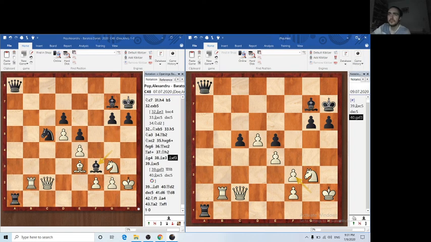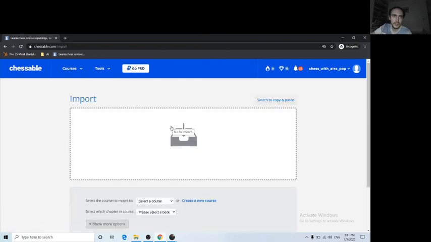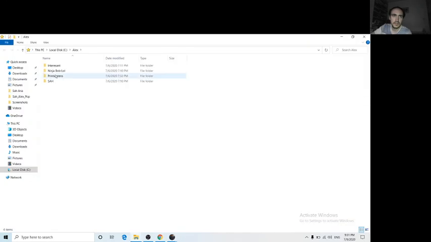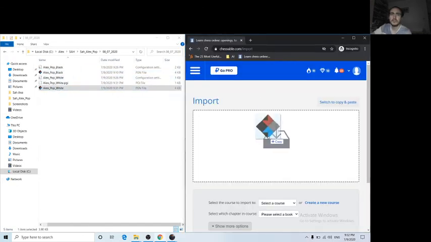And now we have a PGN file with white games and black games, and we can add them now in Chessable. So in Chessable we can import PGN, right? And now we just have to find those lines, and here we have them. We have import, right? And we go, for instance, for white,